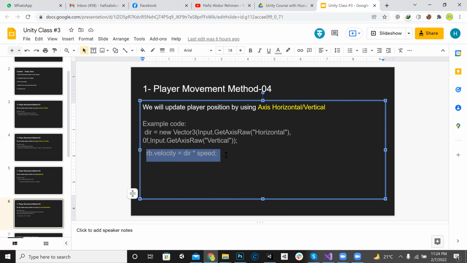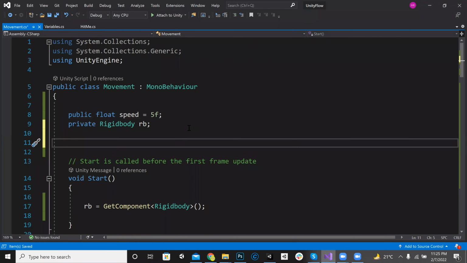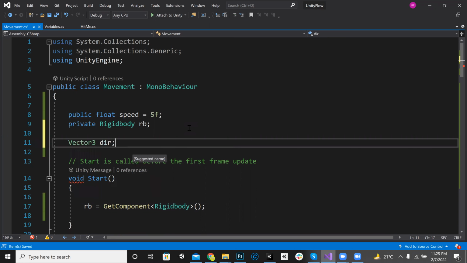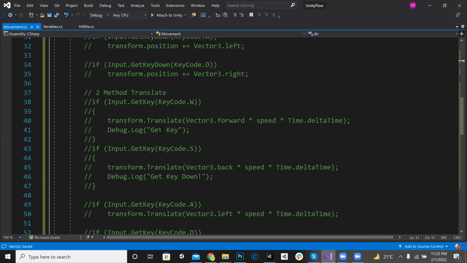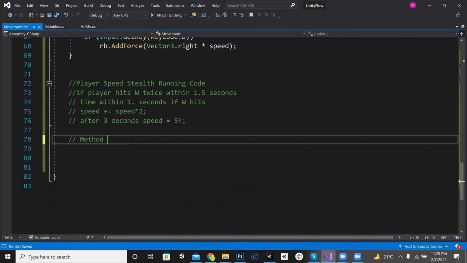So for that we have to make a Vector3 object as the direction. The direction will take care of all directions like up, down, left, right, so we don't need to add the four methods. This will be method number 4,